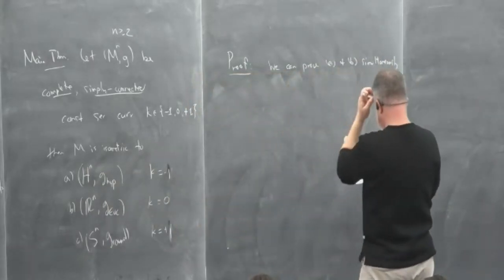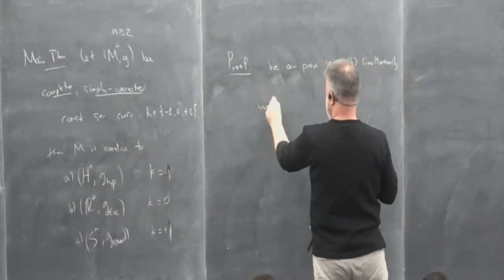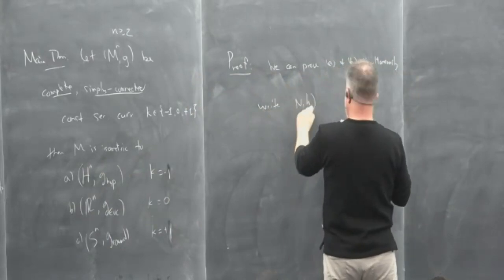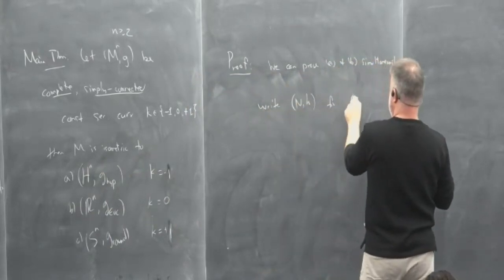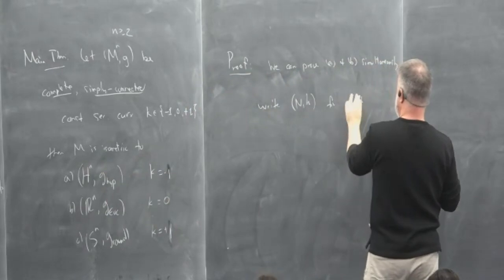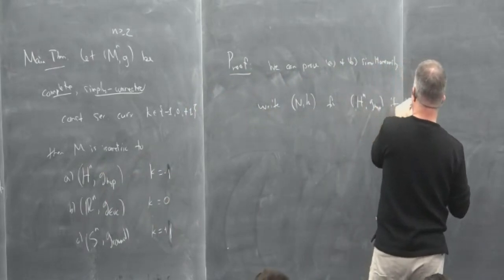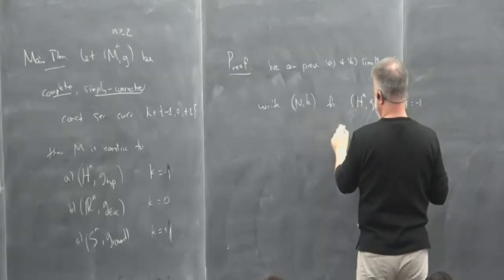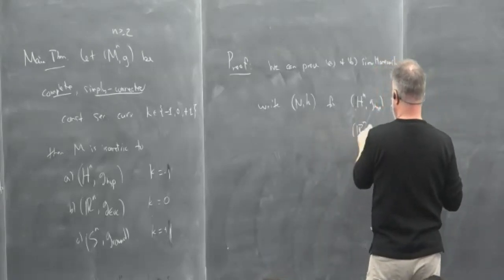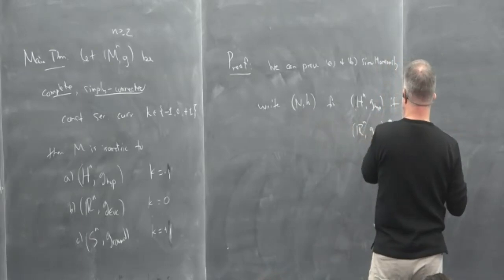Okay, so first of all, let's write N for H^n with the hyperbolic metric if k is -1, and R^n with the Euclidean metric if k equals 0,